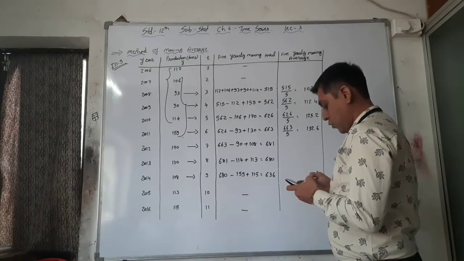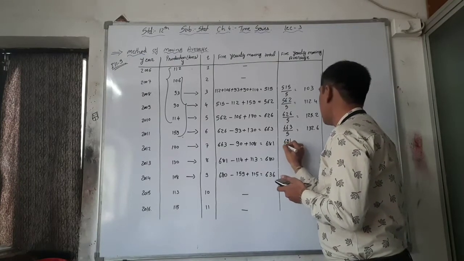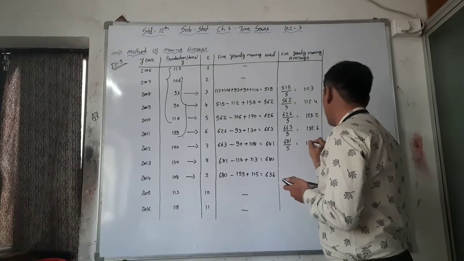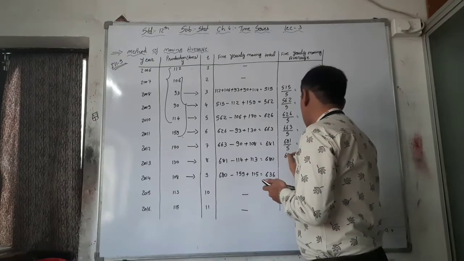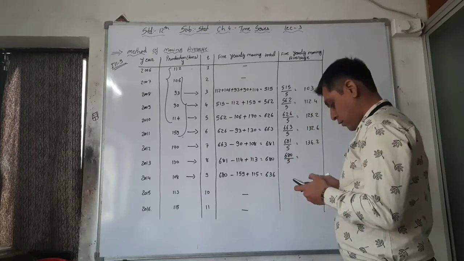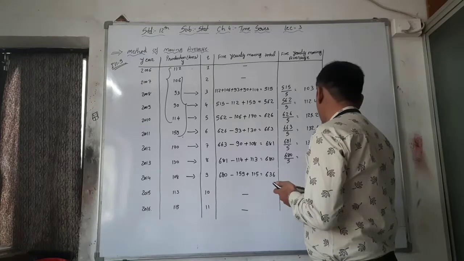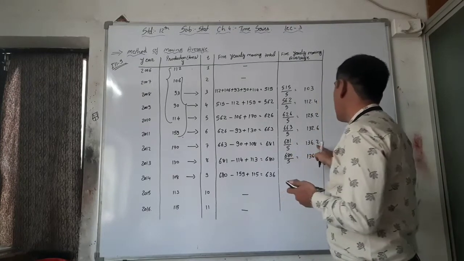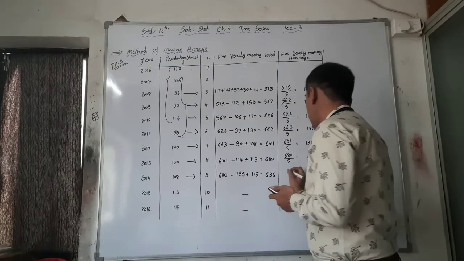Then 681 divided by 5 is 136.2. Now 680 divided by 5, that is 136. Sorry, 681 divided by 5 is equal to 136.2. Then 680 divided by 5 is equal to 136. And then